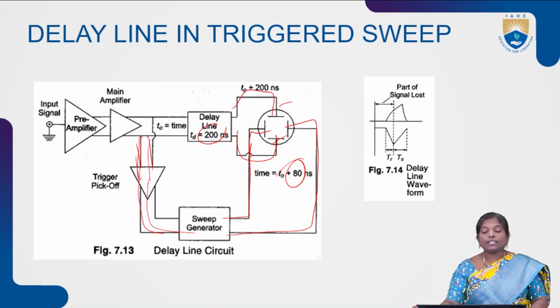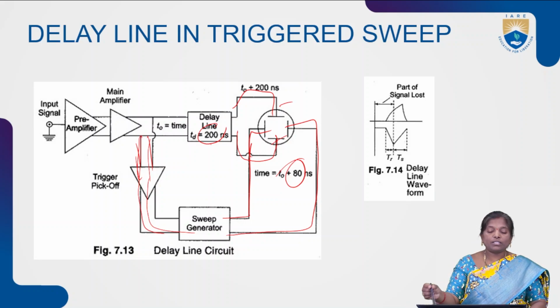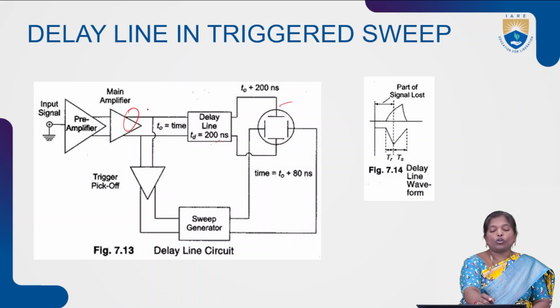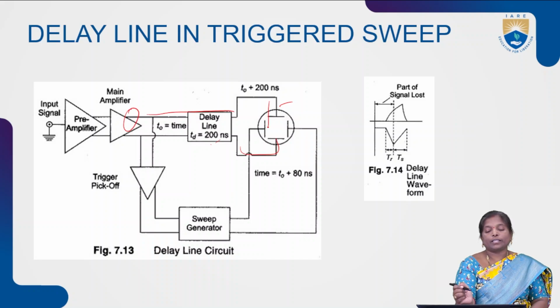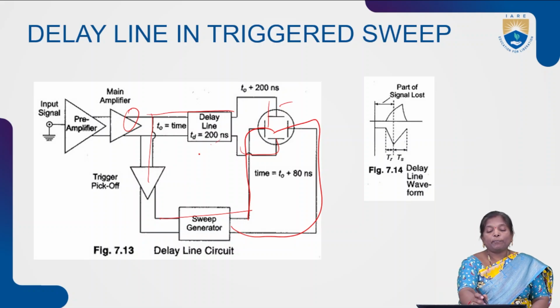If the delay line is not present in the triggered sweep, if the delay line is not present in the vertical amplifier section, then after amplification, the output coming from the vertical amplifier is given to the vertical deflection plates. Then the output coming from the vertical amplifier is given to the horizontal amplifier. After completion of amplification, the horizontal amplifier will give the inputs to the horizontal deflection plates. During this time, the vertical amplifier